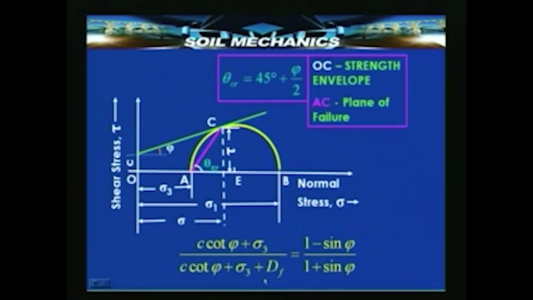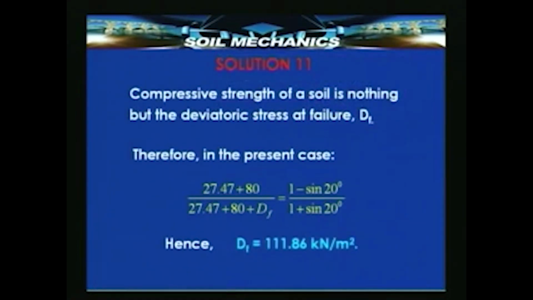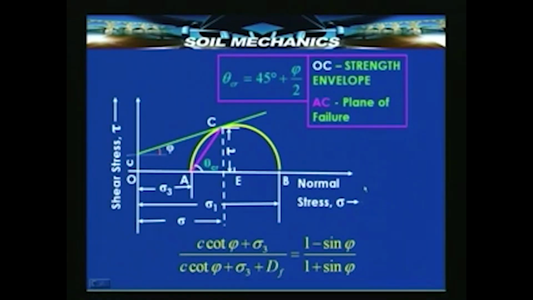So, one divided by the other can be shown to be equal to 1 minus sin phi by 1 plus sin phi. This is simply a modified form of writing an equation which we saw a little earlier in terms of tan square 45 plus phi by 2. So, from this equation it is very easy to calculate C and phi, and that is what we will do. Compressive strength of a soil is nothing but the deviatoric stress at failure, df. So, straight away from this equation the unknown df can be calculated because sigma 3 is known, phi is known